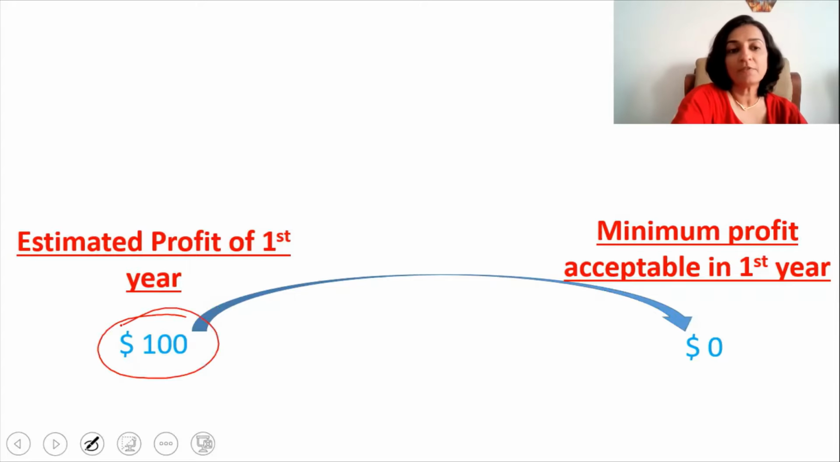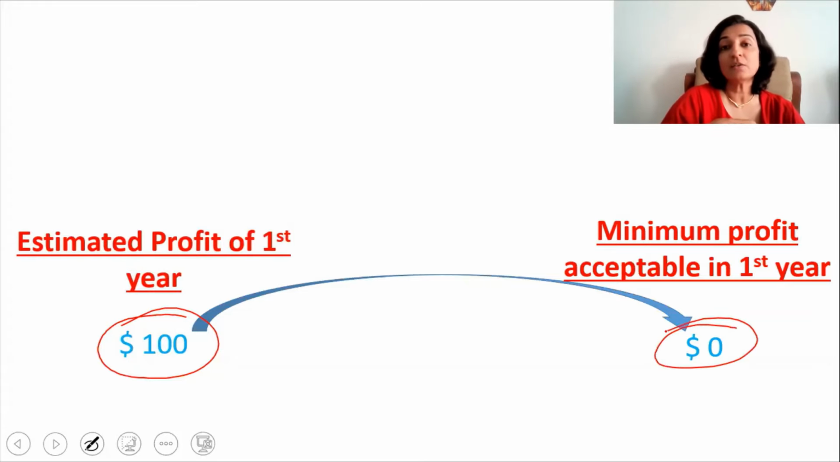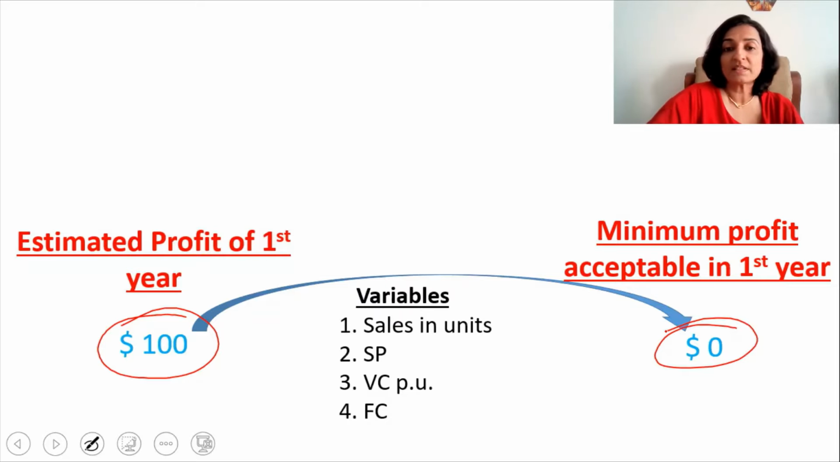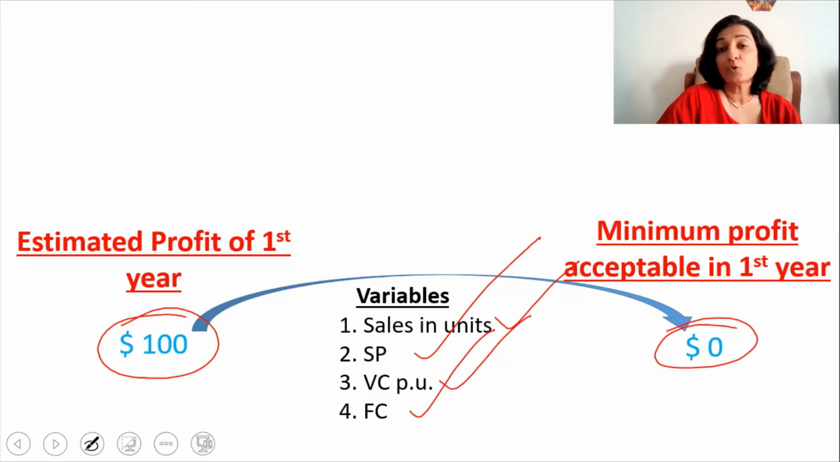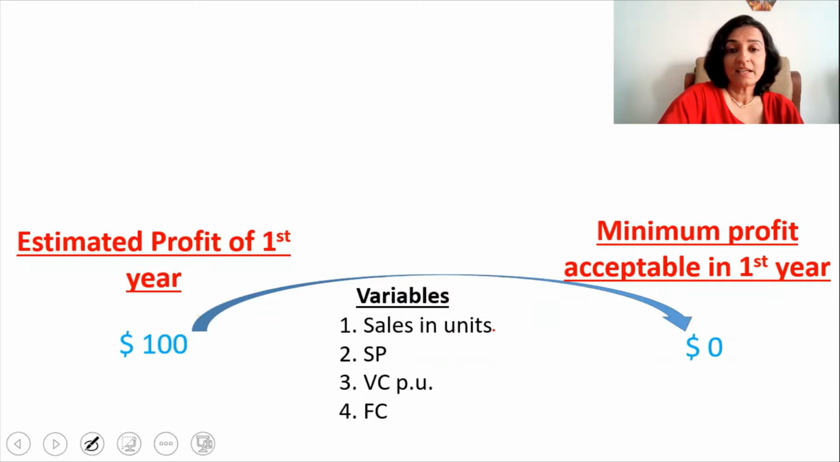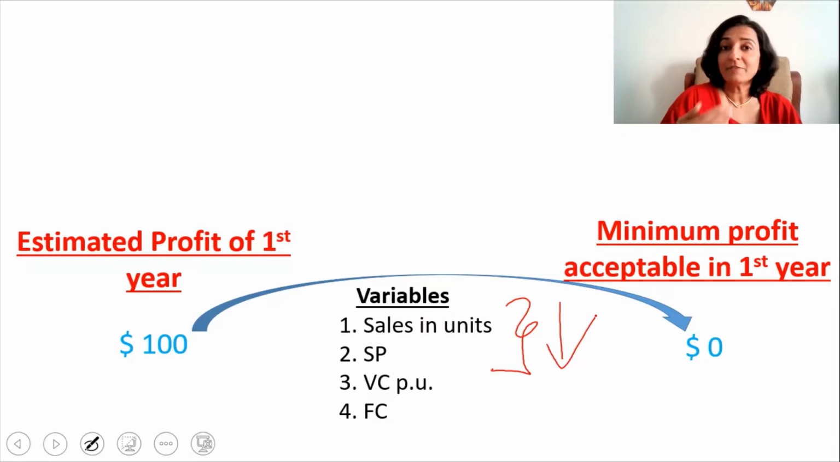Now, this profit can fluctuate from $100 to $0 because of multiple factors. And these factors are known as variables. There are mainly four variables. One is the sales in units. The second is the selling price. The third is the variable cost per unit. And the fourth is the fixed cost. If the sales in units and the selling price drops, then definitely our profits will also reduce. And the expenses, that is, if the variable cost per unit and if the fixed cost increases, then again our